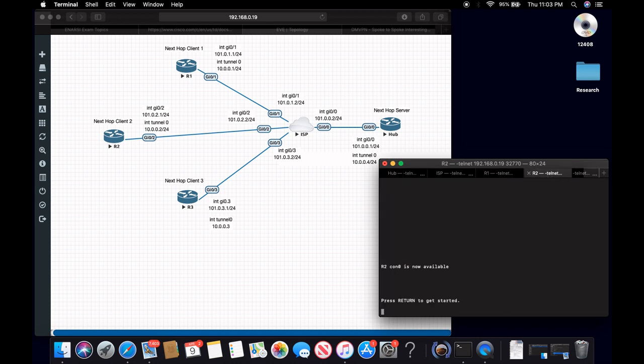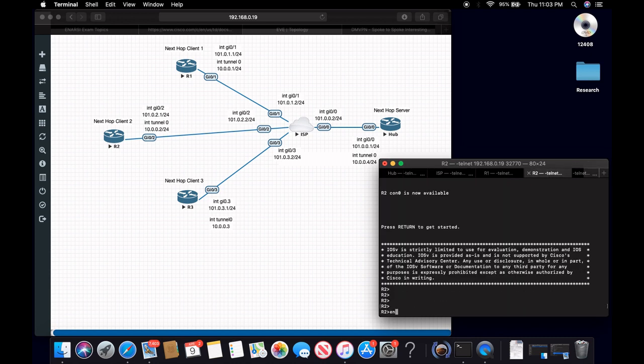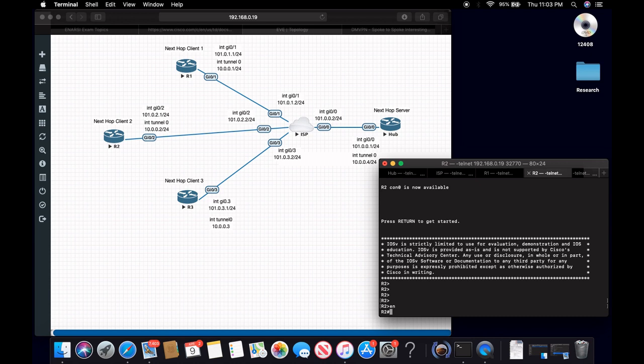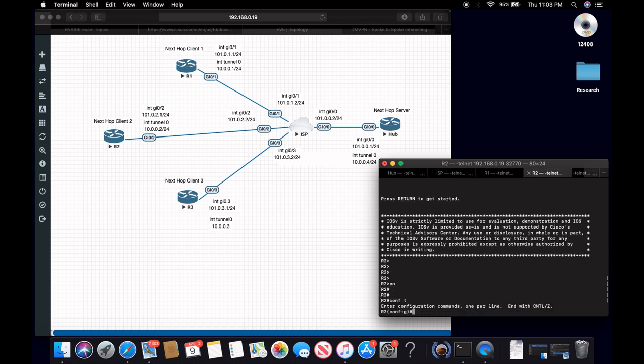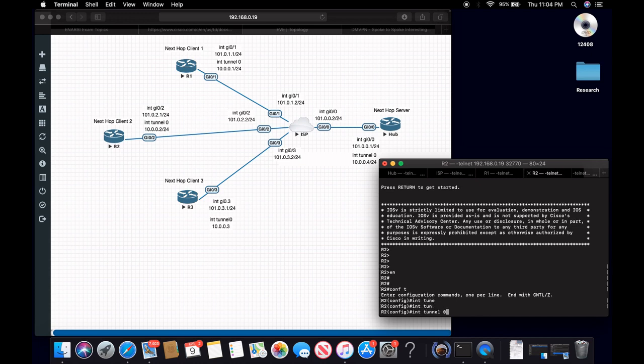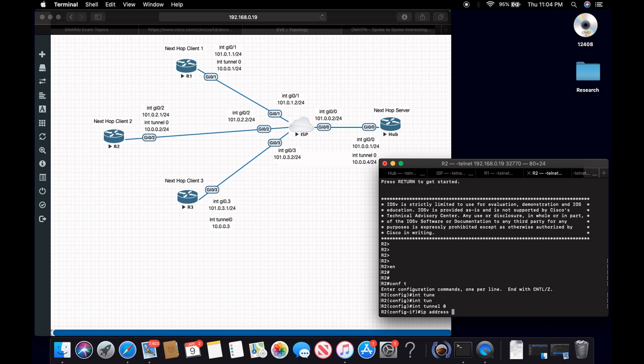And I'm not going to set up all 3 spokes. I'll just set up 2 and then show you how the point-to-point works as well. So conf t, again, going to int tunnel 0, ip address, and then this is going to be the GRE tunnel address, 10.0.0.3, 255, ooh, 2, sorry, on router 2, 255.255.255.0,